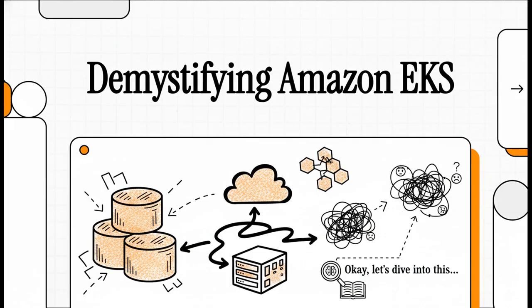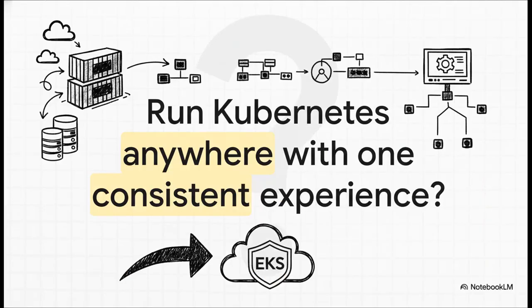And the catch is going from just a few containers to thousands of them, well, that can turn into a massive operational headache fast. And that leads us to the big question, the one we're really digging into here. What if you could get that single, consistent way to manage all your containers, no matter where they actually live? This very idea is the whole reason the Amazon EKS family even exists.